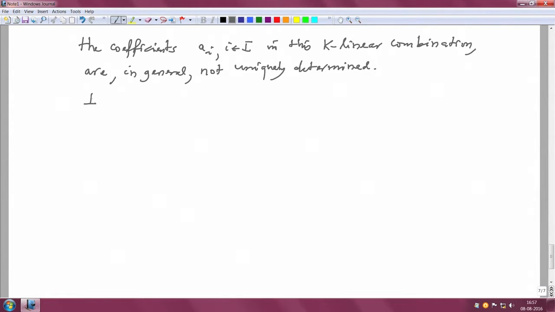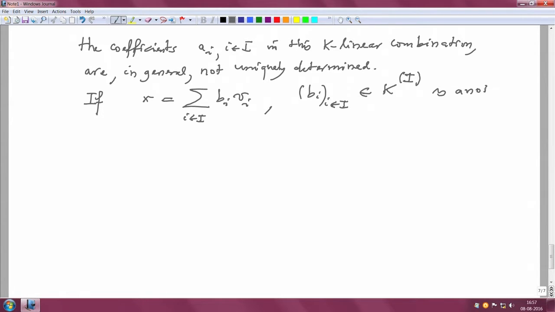For example, if x has another representation, summation b_i v_i, where the tuple b_i is in K power round bracket I, as another K-linear combination, then